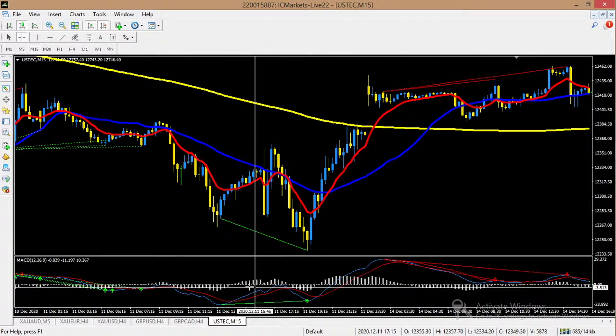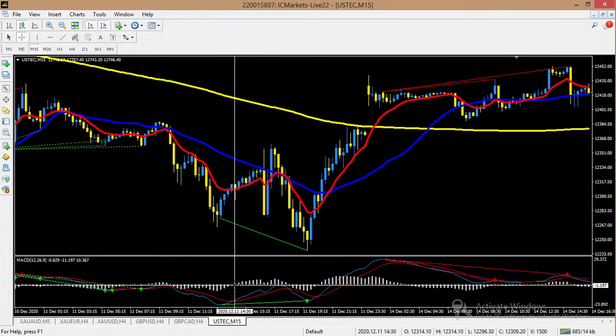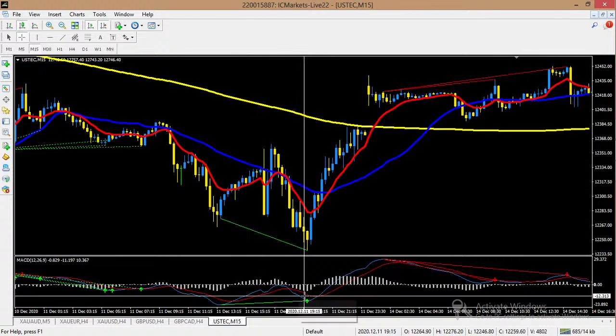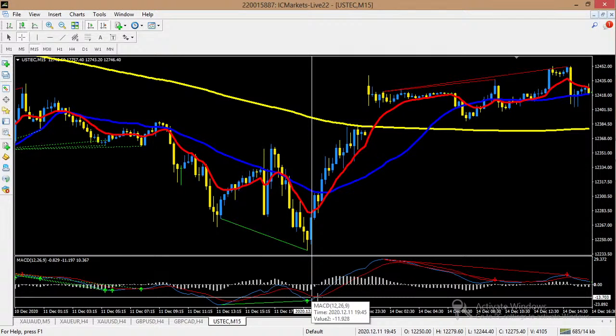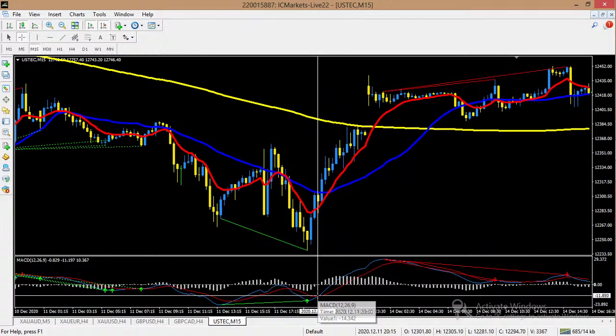For instance, if it is thoroughly below the zero line level. So here you can see before the trend changes, it crossed above,